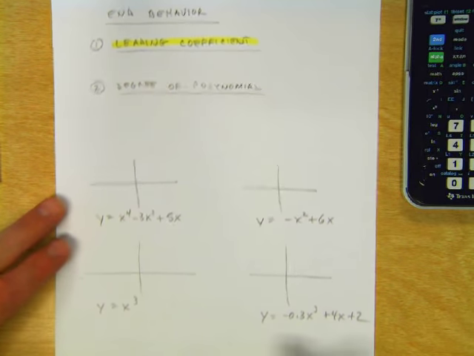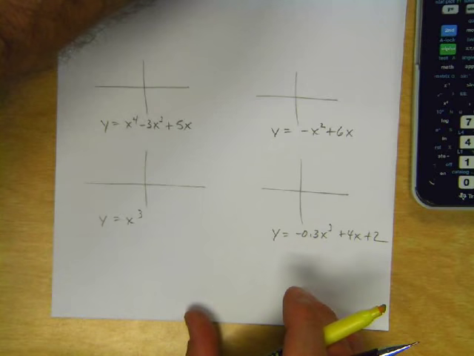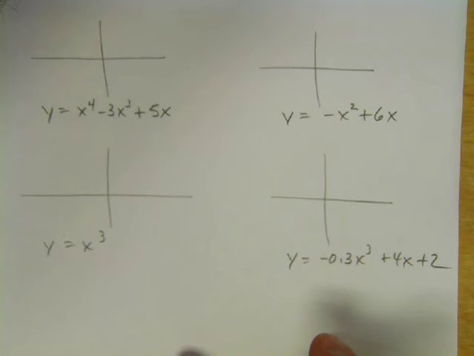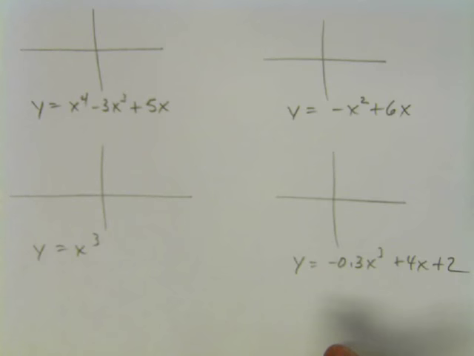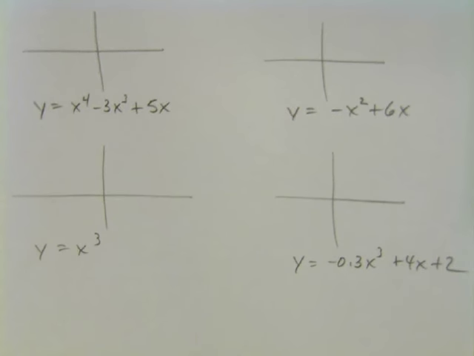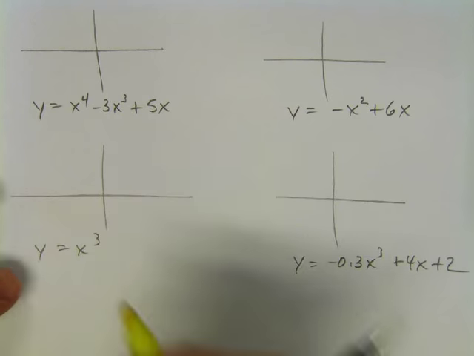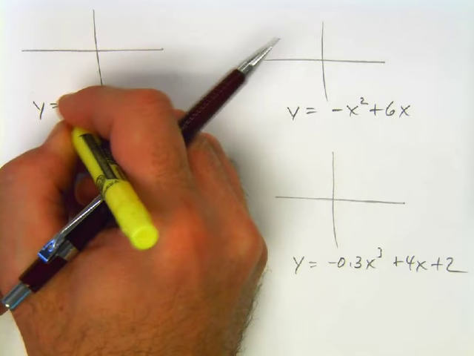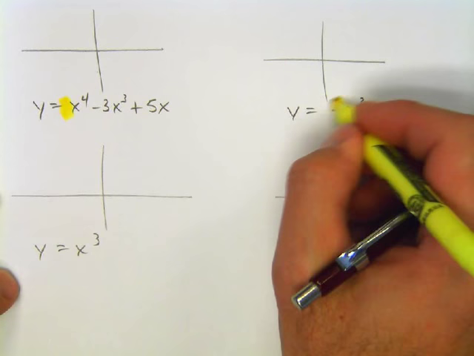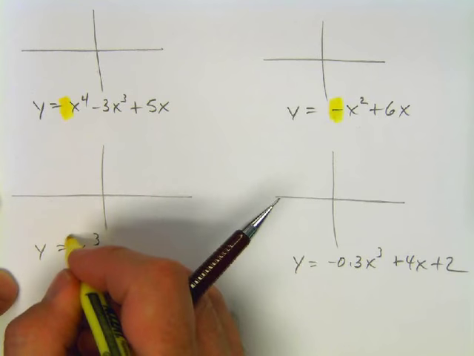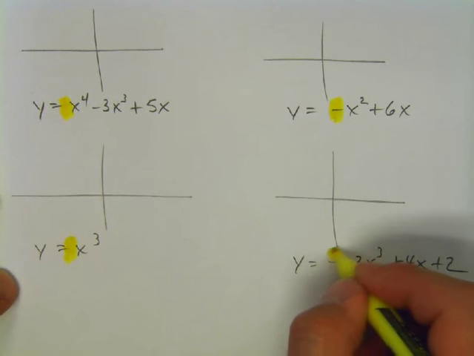All right, I'm going to highlight something. I'm going to highlight leading coefficient in yellow, and then I'm going to come down to all these equations, and I want to show you what the leading coefficient is. You'll notice that all of these equations are written in standard form. The leading coefficient is the number in front